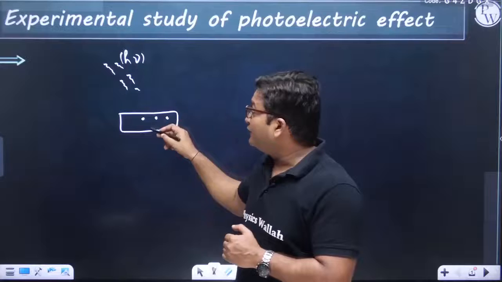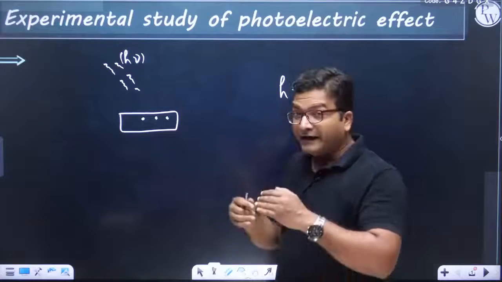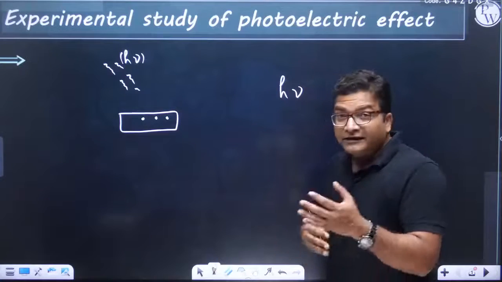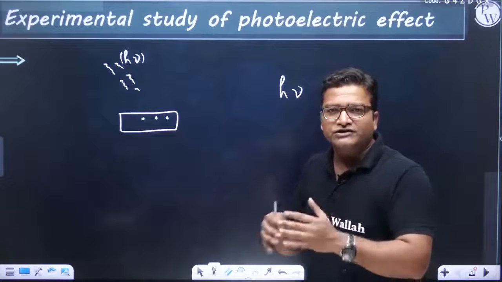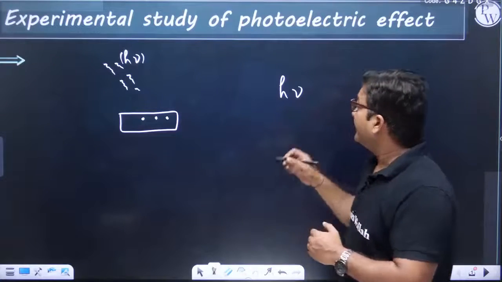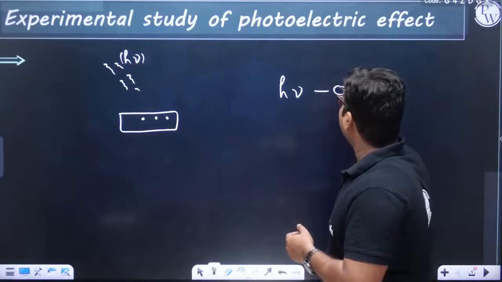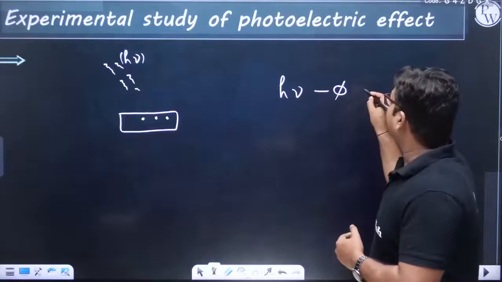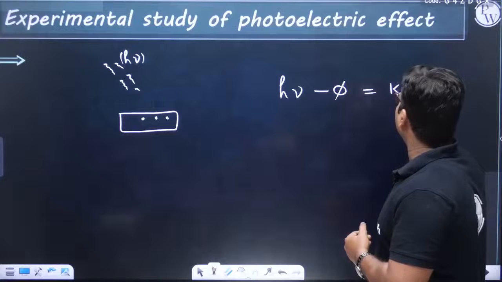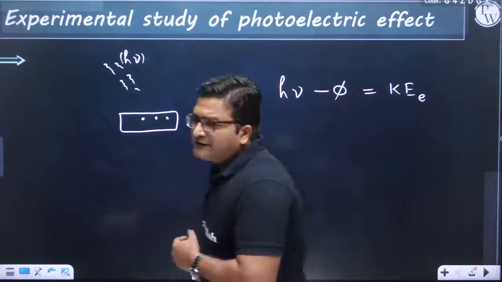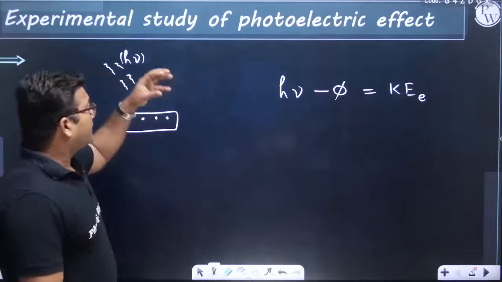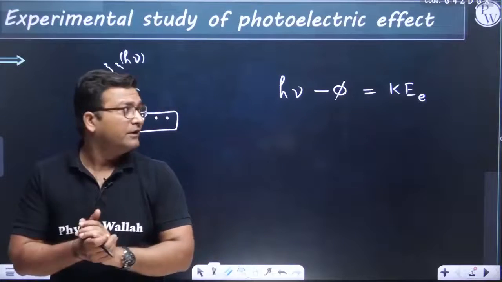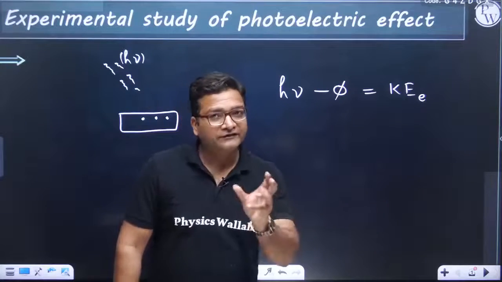But now when they try to come out, they have to spend a little energy equal to the work function of the metal so that they can cross the attraction potential or field of the metal surface. When they come out they lose energy equal to the work function, and the remaining energy is converted into kinetic energy of the electron. This idea suggests that if the energy of each photon is the same, and the work function of the metal is obviously the same, each electron must come out with the same energy.